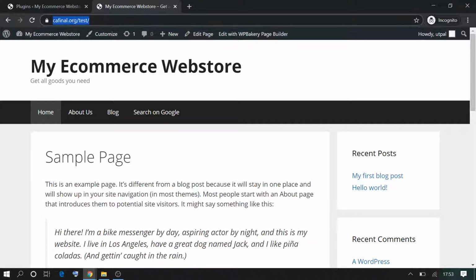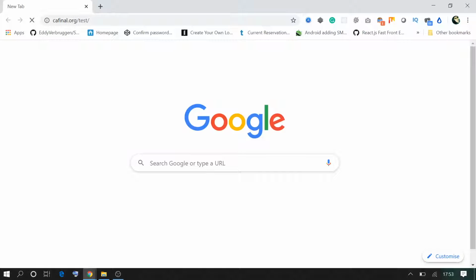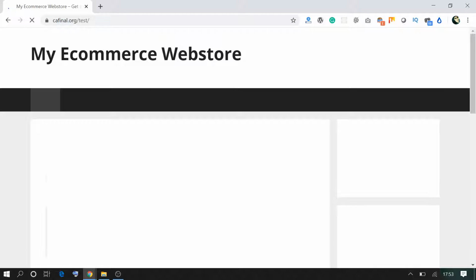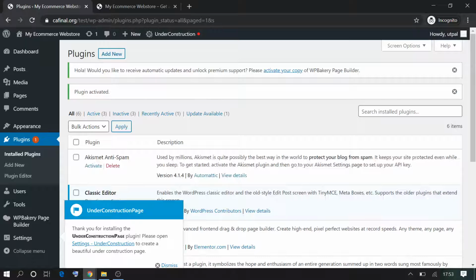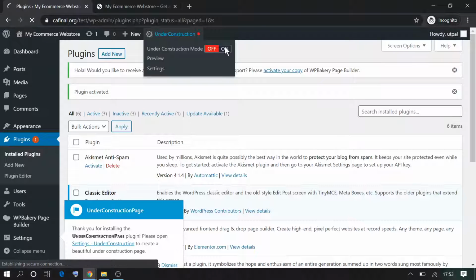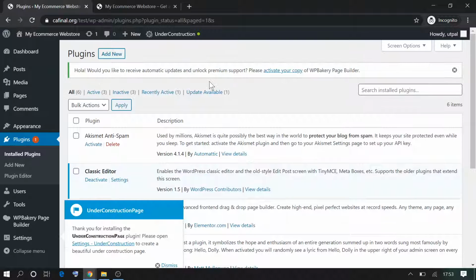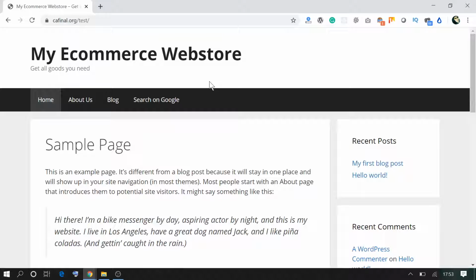Currently, if I just open the website in the normal tab, currently I'm in the incognito tab where it is there, I can see the entire website. Now, if I just switch the under construction as on, and again I can go back and I can refresh,